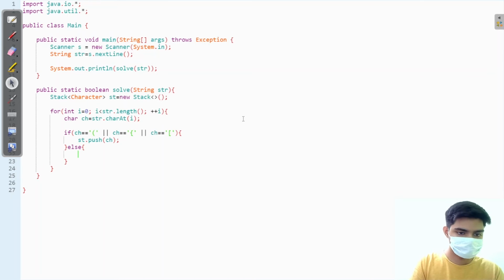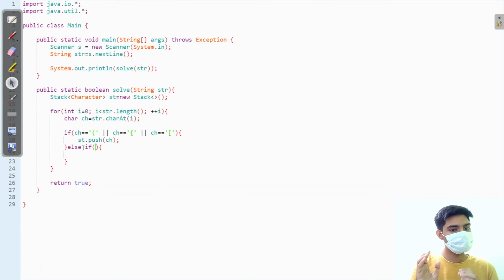Else, I'm going to do some work. If this function runs completely fine, I can simply return true from here, or it will return false from the else condition. In the else part, I'm not just going to write else, I'm going to write if the closing bracket is of which type. If my character is of a parentheses type, then I'm going to do some work.